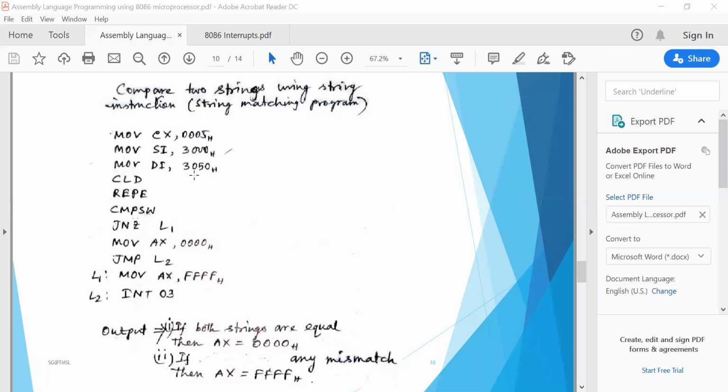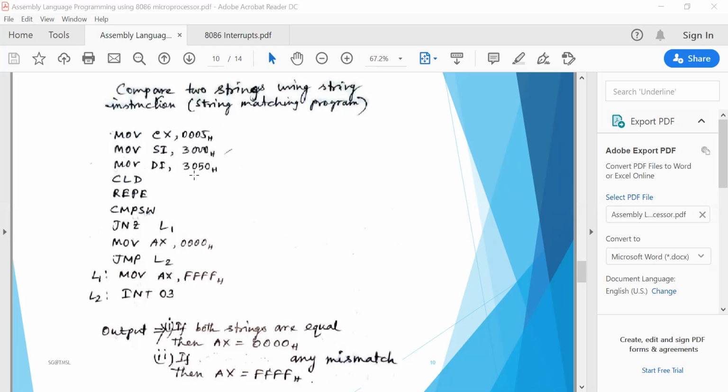So all the memory locations, whether pointed by the SI index register or by the DI index register, will go in auto incrementing mode. Now if we operate the memory locations in auto increment mode, we have to specify the direction flag status.